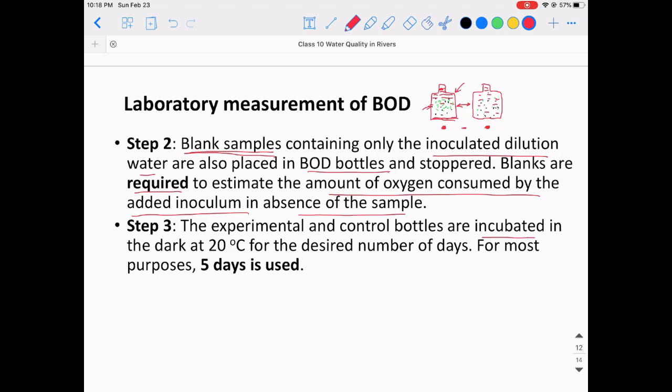Okay, so the third step is to incubate both of these bottles in the dark at 20 Celsius, because 20 Celsius is the standard condition for determining the BOD, for the desired number of days. For most purposes, 5 days is used. You can also find that we use the BOD 5 quite a lot for water quality